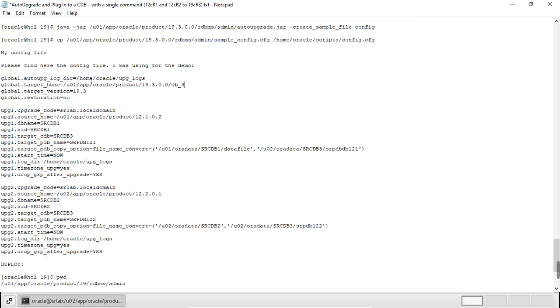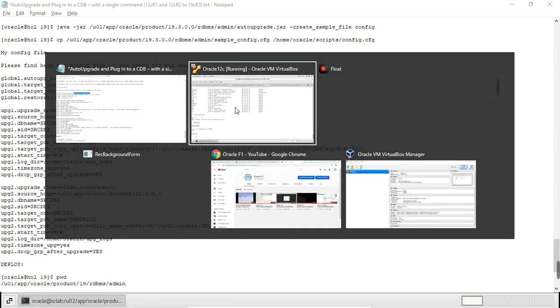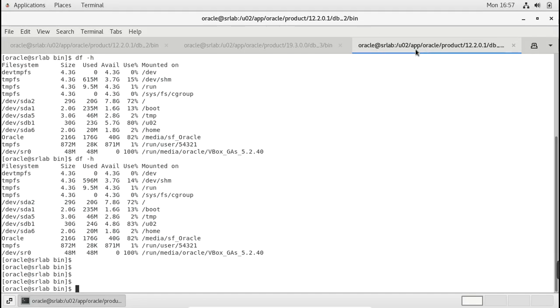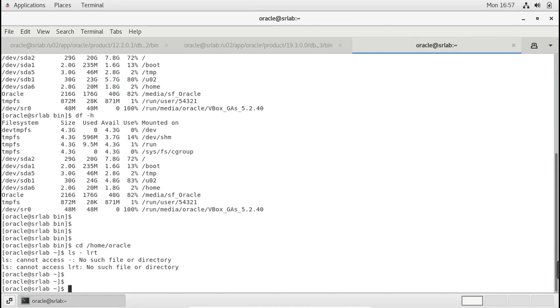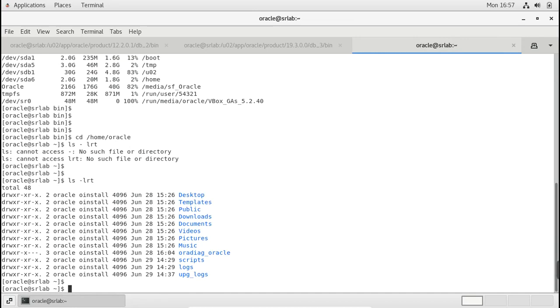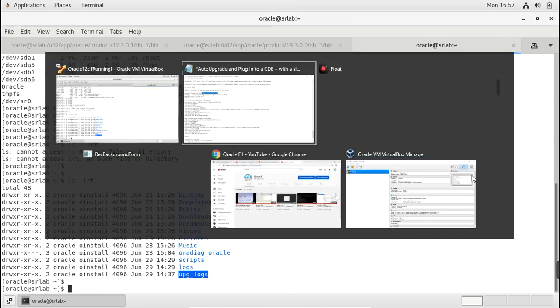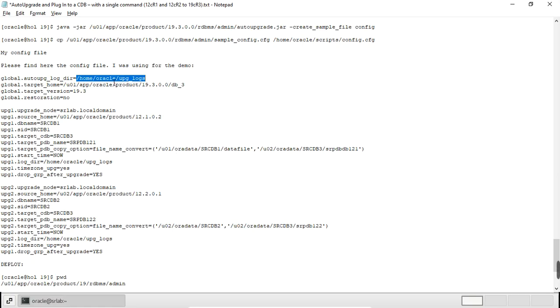So I have created the auto upgrade directory, upgrade_log. You can see here, home Oracle. Here I have created the upgrade logs common, that is the common upgrade logs directory, and here the target home. I am going to upgrade 12.1 and 12.2, right?